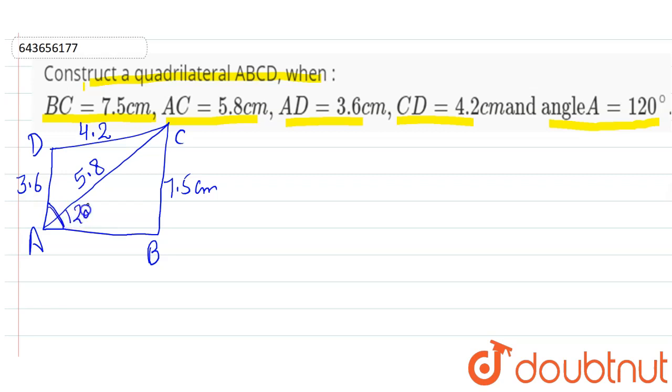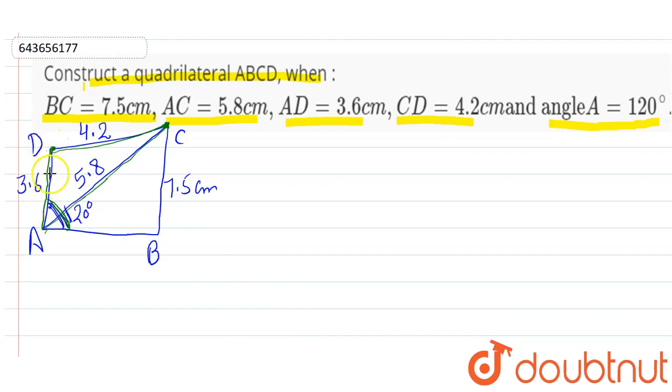So it's quite clear from the rough diagram that we should draw AD first. As by this AD, we know the dimension of angle A. We know angle A, so we can draw this angle. After that, we know this line segment DC and AC, so we can mark the arcs, we can cut it, we can find the point C. So first of all, let us draw line segment